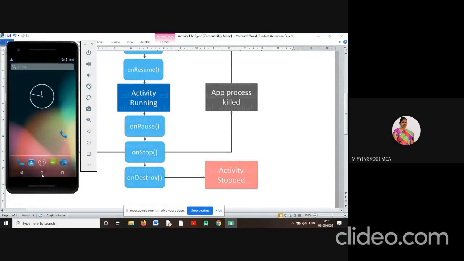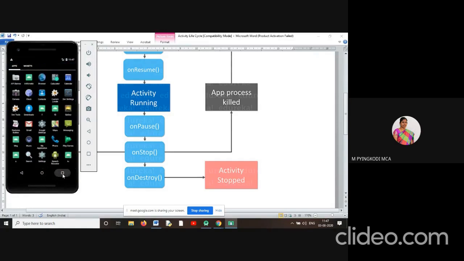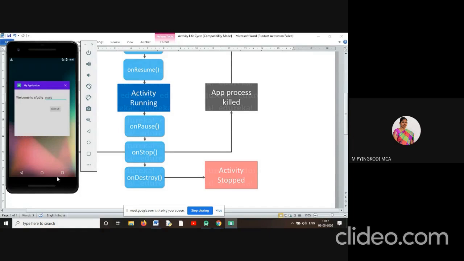Suppose you press the home button. Which app have we recently used? My application was recently used.